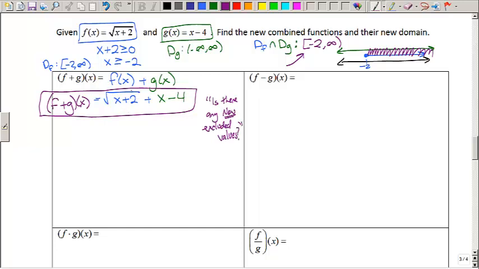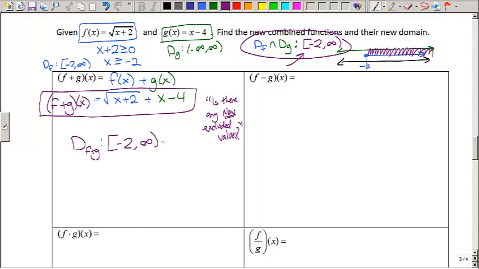Well, we've already taken care of the blue function's domain. We know that we have to start with negative 2 to infinity, and the green function's domain by itself, which is all real numbers. But I want to know, is there any new bad values created? Had I divided by anything, do I have anything new that I haven't already looked at? Well, in this case, there isn't any new bad values. So my domain of f plus g is the domain that we started with, the intersection, which is negative 2